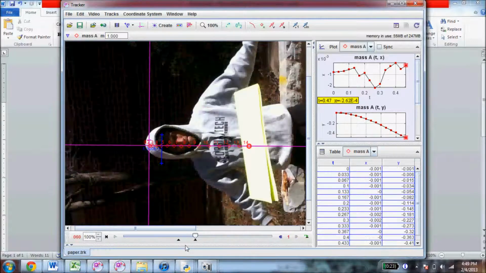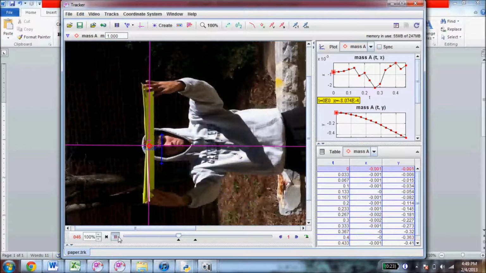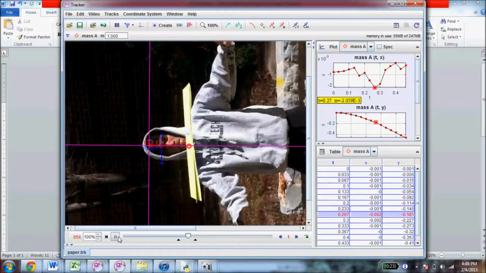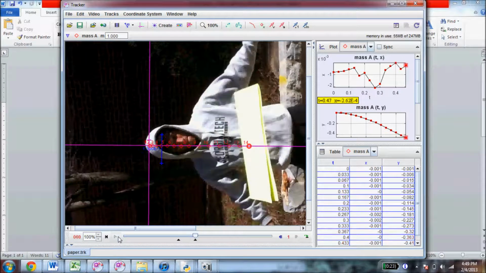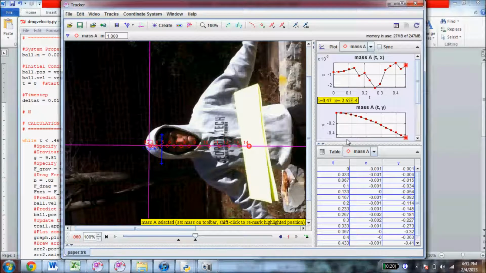Here you can see the other one. For this one, I had to use the width of my face as the calibration for this video because I threw away the piece of paper before the videos were spliced so that the initial position and velocity